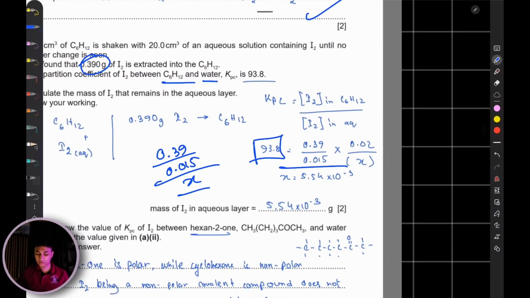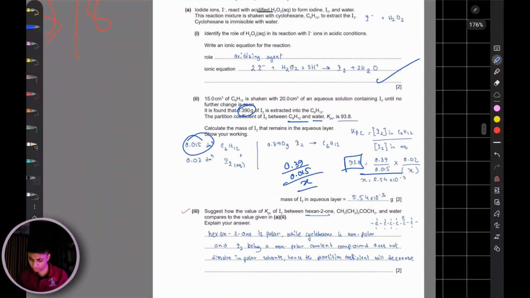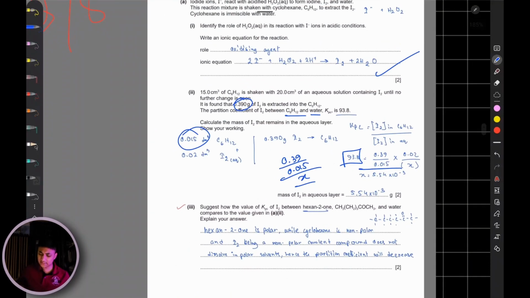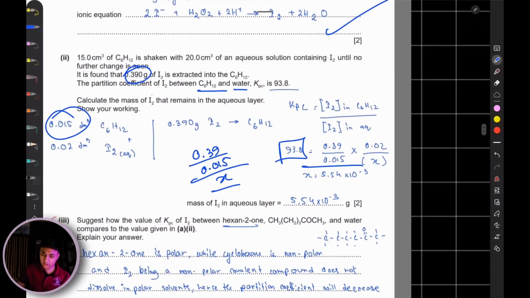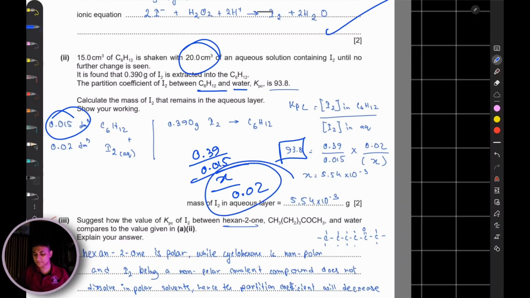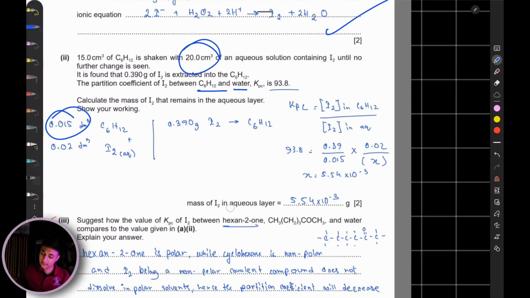divided by the volume of what? Volume of iodine in aqueous solution. So the aqueous solution volume they've given as 20 cm cube. So if you convert that into dm cube, it's going to be 0.02. So if you put the reciprocal value of this, it's going to be 0.02 divided by X. Now simply make X the subject, and you're going to get